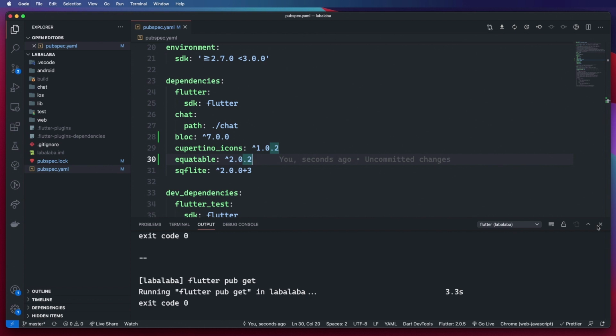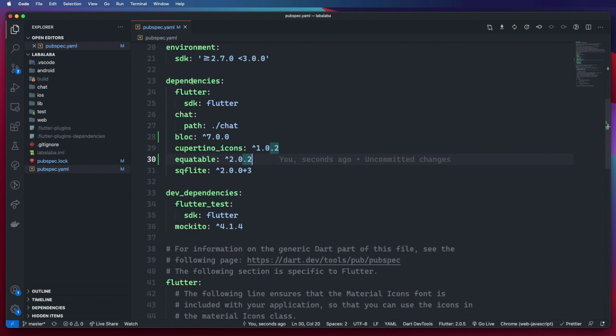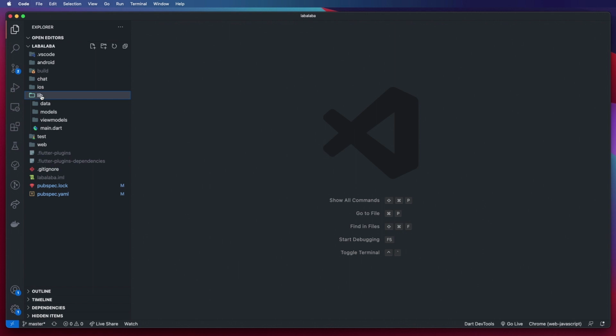So now that we have our packages installed and ready, we'll go ahead into our lib folder, and where we have our folders, we are going to create another folder, and I'm just gonna call it states management. And inside here, the first state management that I want to set up is for our message service. So I'm gonna create another folder called message, and in here I'm gonna go ahead and create 3 files. So I'm gonna create the message bloc